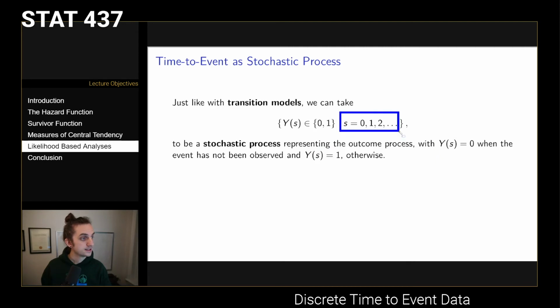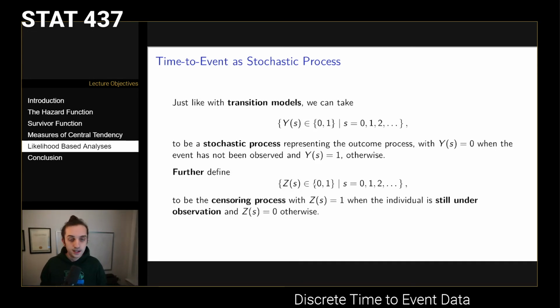And then we index over discrete time, s equals 0, 1, 2. So again, all of this should sound fairly familiar from when we were talking about transition models. And if you think about why that is, well, we're sort of using a transition model here, right? At some point, you're starting in the place where no event has happened, and at some point, we're going to transition to the event having happened. So it's this two-state transition model, which really is going to motivate how we think about doing these discrete time